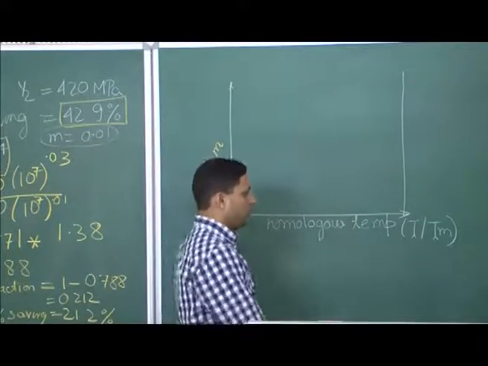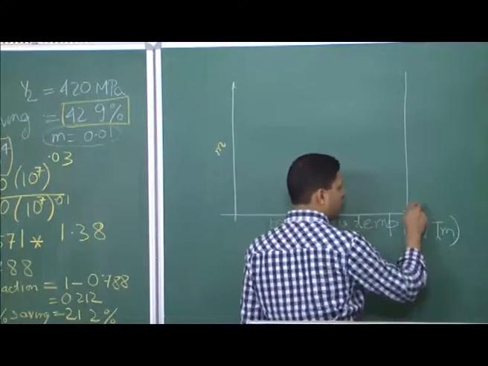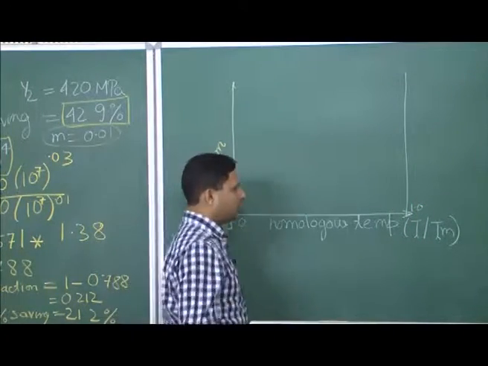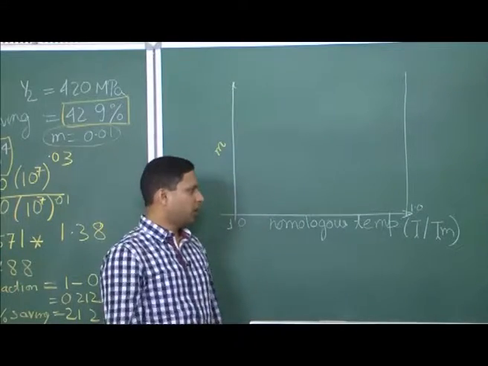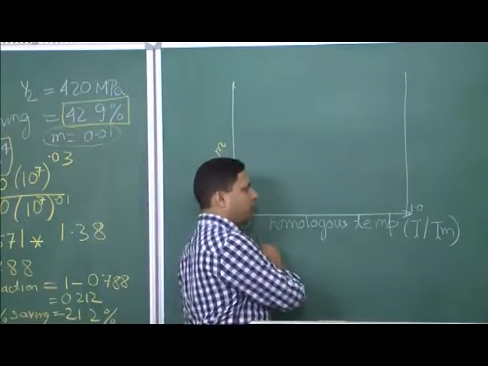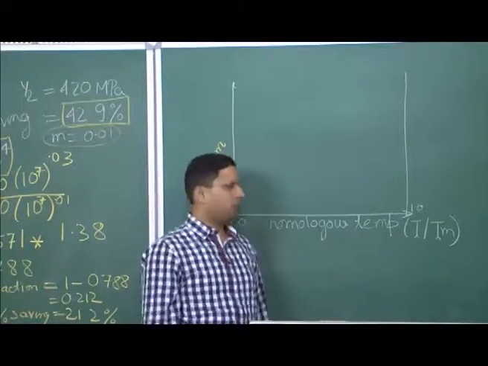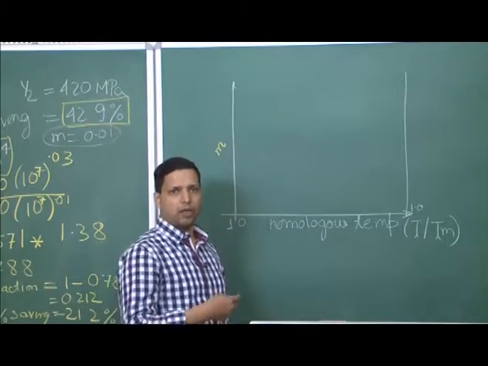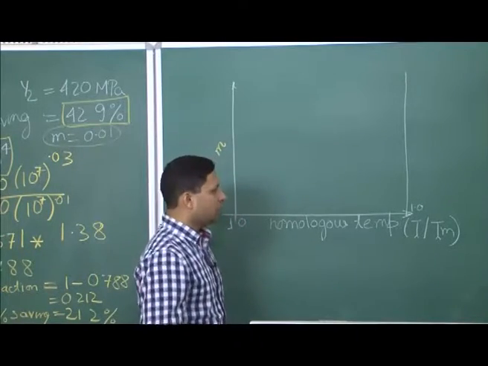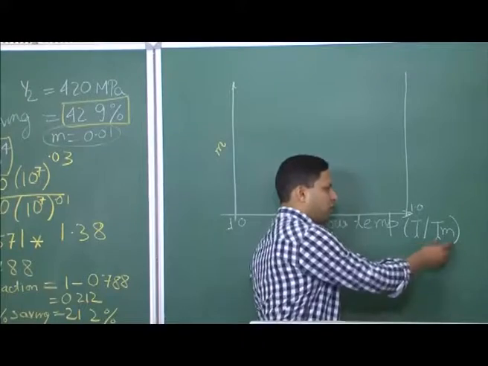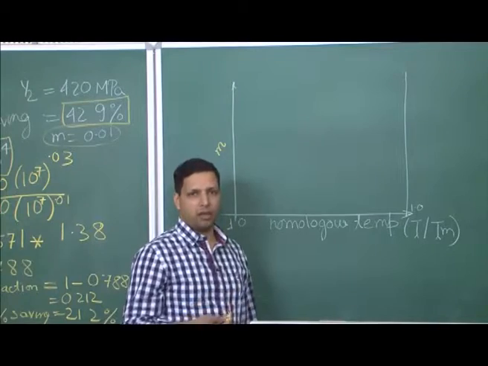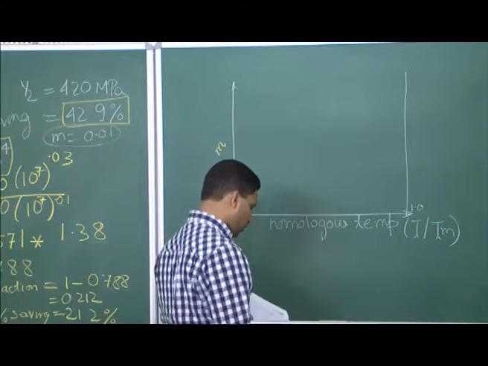Why? Because one, you can see that now your temperature range has been reduced. The range for this homologous temperature is 0 to 1. On the other hand, if we had taken absolute temperature, it would have gone over a very wide range for different materials, but that is not the main reason that we are using homologous temperature. Homologous temperature is used because with respect to melting point, when melting point is taken in Kelvin, most materials show similar behavior, and this is what you will also observe over here.